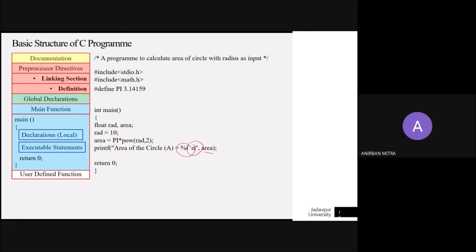Why should we put these symbols inside the printf? These questions may be arising for you, but I'll just say hold on for a bit.